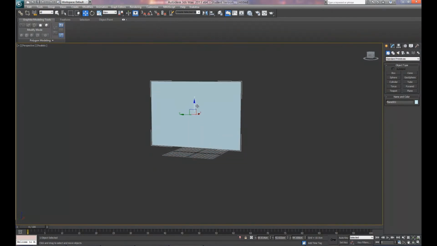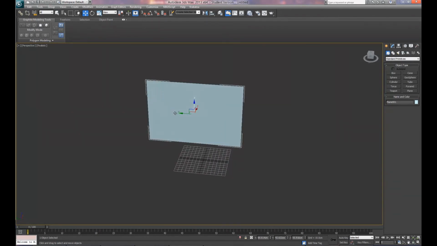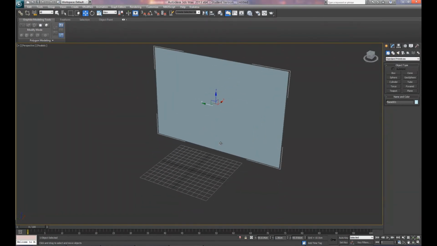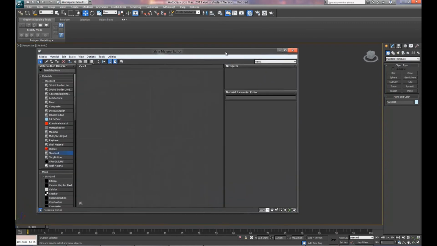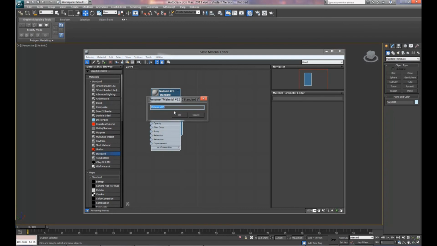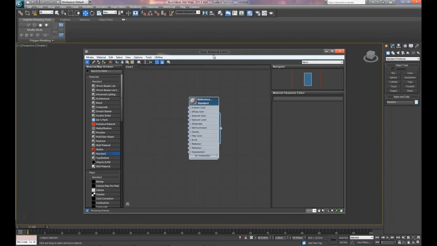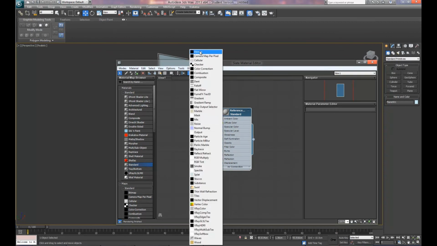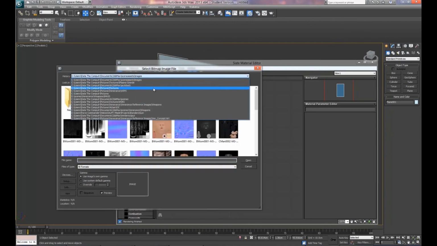And we're going to want to move it up, just kind of get it on the same level as that grid there, just to make things a little bit easier on us. Press M on your keyboard, and we are going to open the material editor, drag a standard out from over here from the materials list, right click it, we'll call this reference image. So we're going to take this diffuse color, click on it, drag it out, click bitmap, navigate to